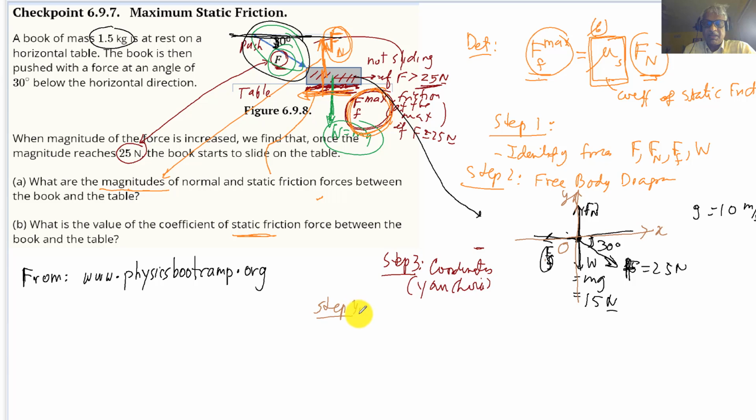Step 4 is, since acceleration is equal to 0, F net equals 0. So this just means F net along x equals 0 and F net along y equals 0. So these are 2 equations we will get, and from there we can get both of the unknowns. Okay, so now step 5 is